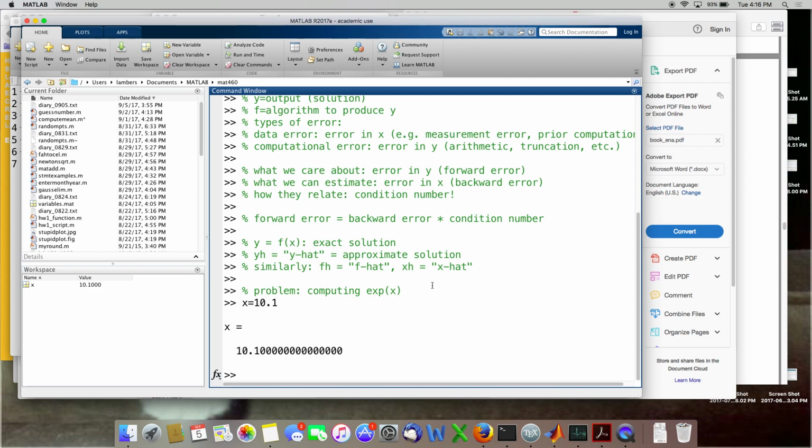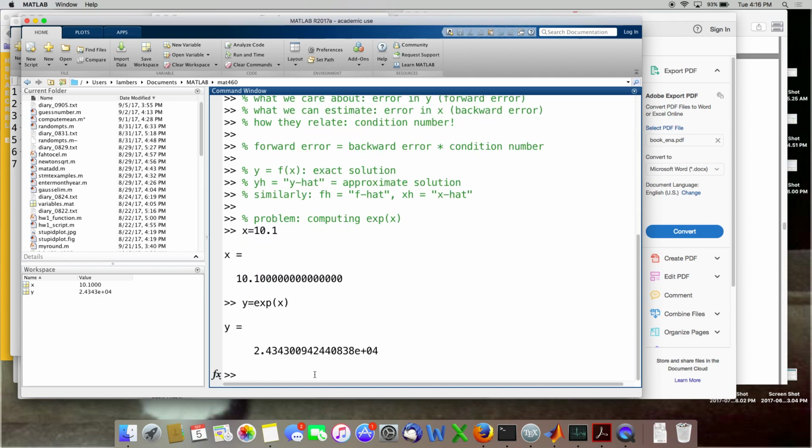So this is my exact x. So my exact y, just for the purpose of studying error, we'll just go ahead and plug that into MATLAB's exponential function. So this, to high accuracy anyway, is our exact value. Now, how are we going to approximate